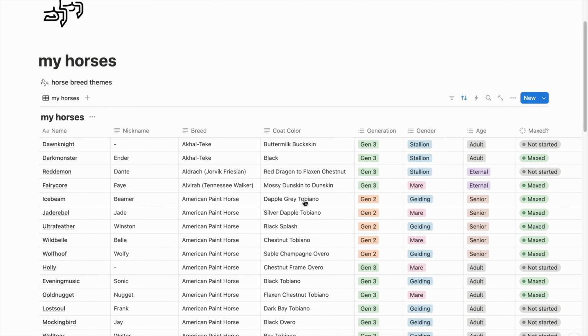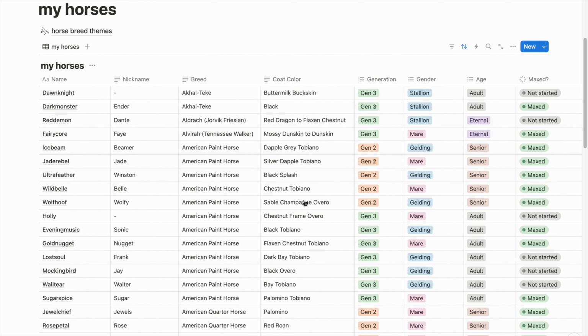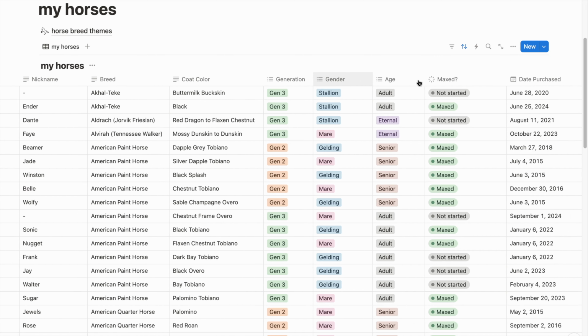Here is my horses page. There's a lot going on, like I said. So first things first, I have the name of my horses. So this is their Yorvik name. I have their nickname, their breed, coat color, generation, gender, age, if they're maxed or not, or if they are